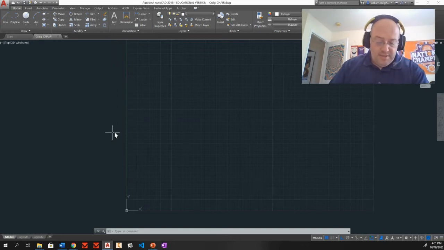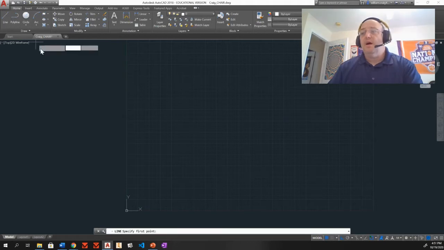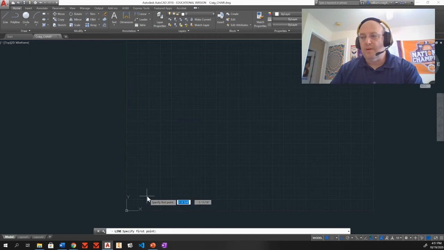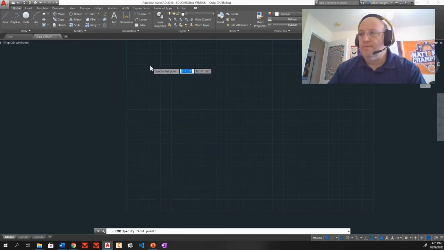So we're going to start with step 1, the line command. We are going to just go ahead and start drawing out the chair. I'm going to let you know in forethought here, don't start down this bottom corner. In a later step, we end up mirroring this thing. It's a pain. So I'm just going to come up here up near the top, zoom in a little bit,